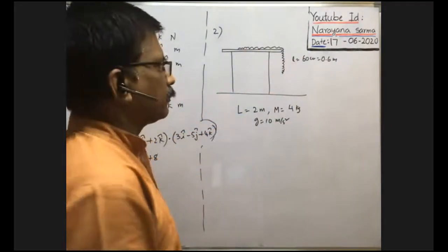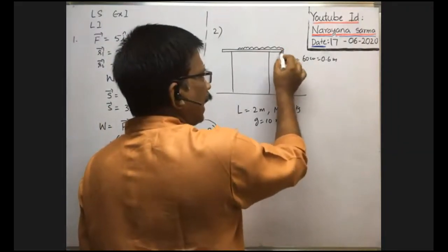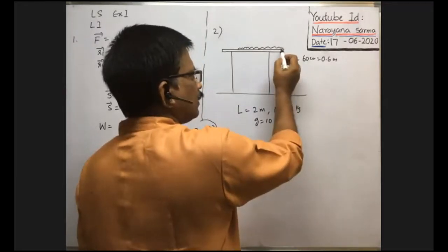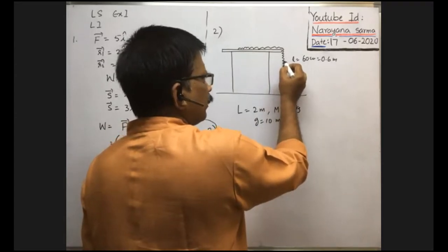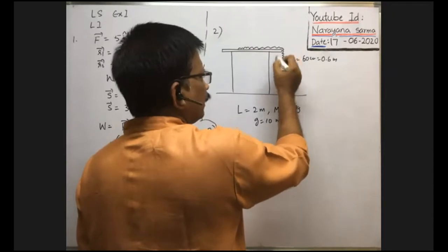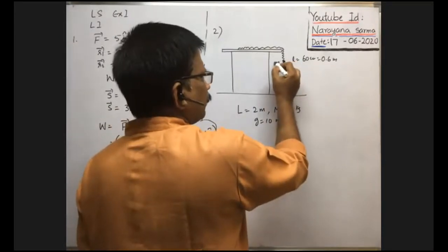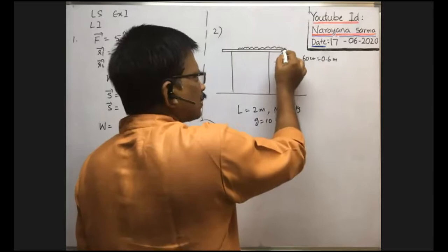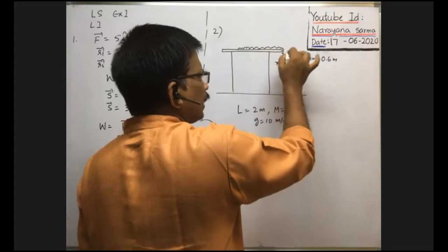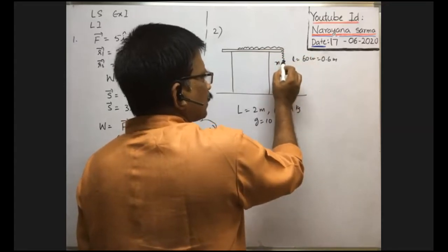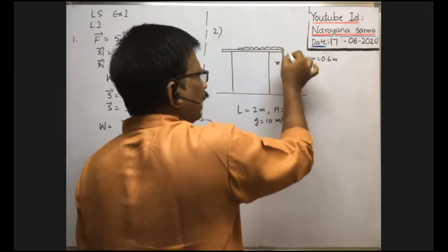Already we discussed the concept. Here, to displace the hanging part onto the table, you consider the center of mass because the hanging part is not a point mass. Its mass is extended from the edge of the table up to the lower end. That's why you consider the center of mass. The center of mass is exactly at the midpoint. At this midpoint, the mass of the hanging part is small m. Total mass of the chain is capital M. Instead of the total hanging part, you imagine the total mass of the hanging part at the center of mass. To lift this center of mass up to the top of the table, whatever the work done, that is the total work done to lift the hanging part onto the table.